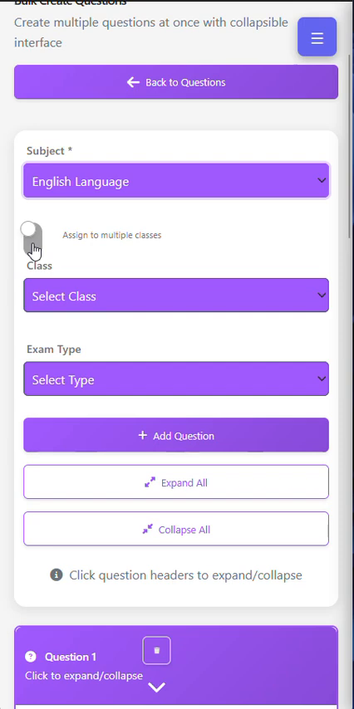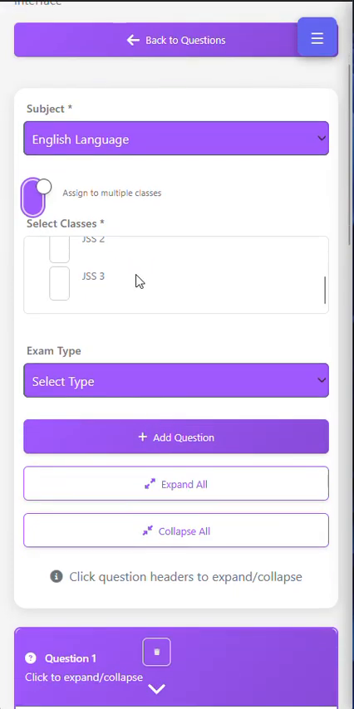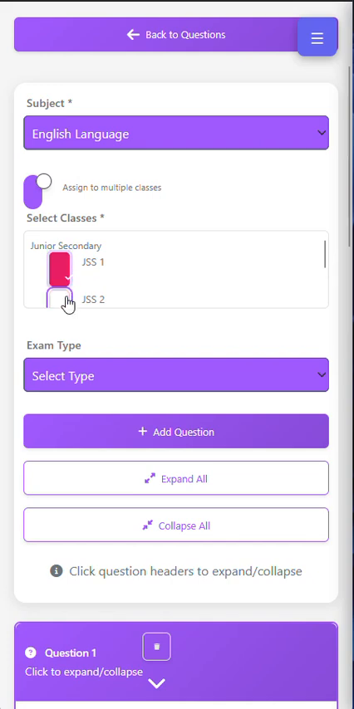If I want to set my question to multi-class, like maybe she's teaching SS1A, SS1B, SS1C, SS1 Science, SS1 Commercial, SS1 Arts, English language, I will just toggle on assign multiple classes. As we can see, she has not been assigned to senior class because she's taking her English language in the junior class. And I advised in my previous video that we should not join two classes that are different,